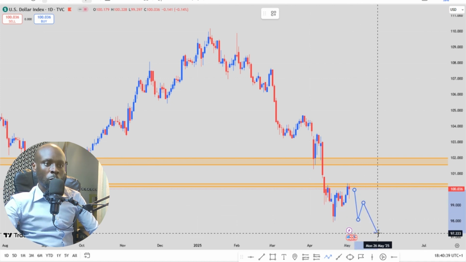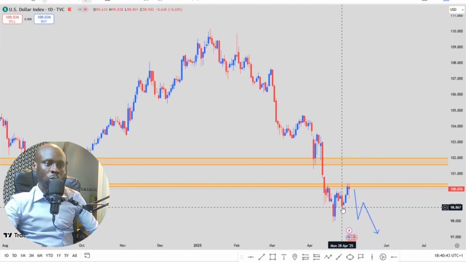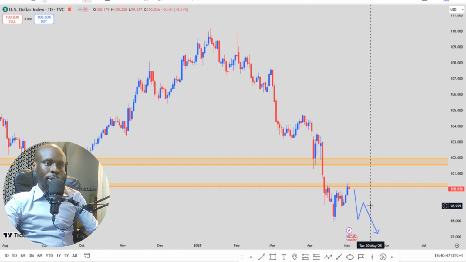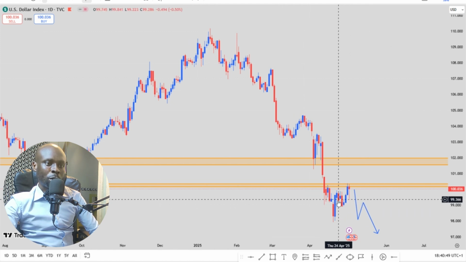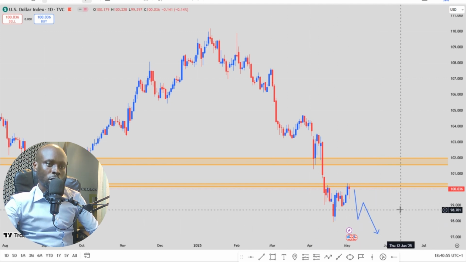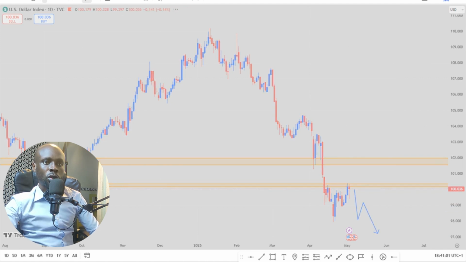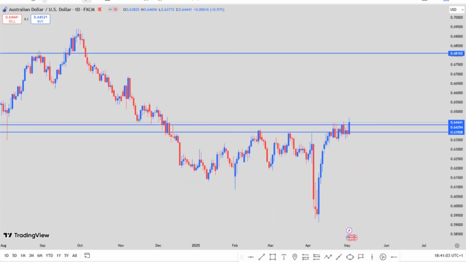for the DXY. So we're looking for a selling opportunity on the DXY this week after price has converted this support level into resistance, because we expect a major drop of price if price converts this support into resistance on the daily chart before we look at a selling opportunity for the DXY. So the DXY remains in a downtrend this week for us. Look at your selling opportunity on the DXY. So let's look at our next pair, which is the